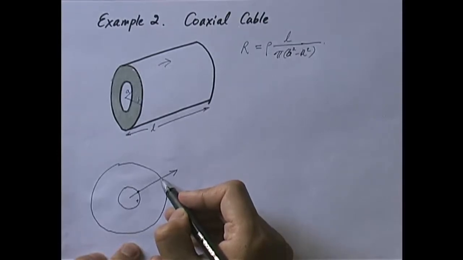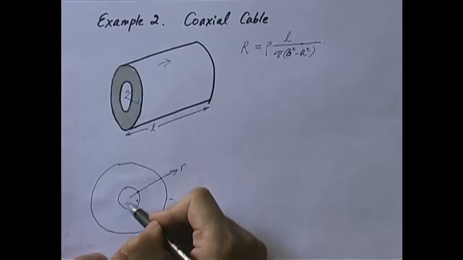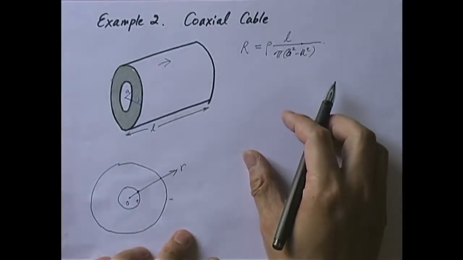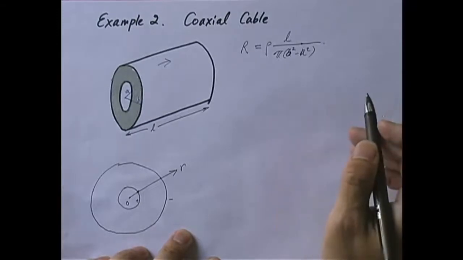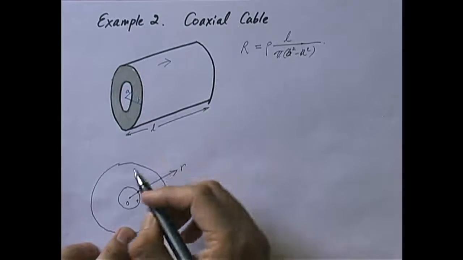Actually, you can probably remember it from the previous discussion on cylindrical symmetry. The electric field should go like 1 over r, okay? But we can see exactly how we calculate the resistance. Again, just like the previous example, we can imagine